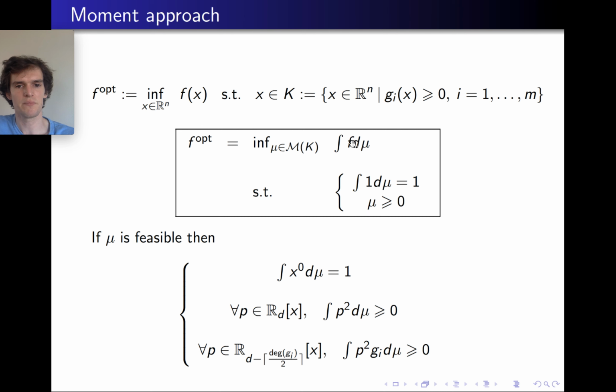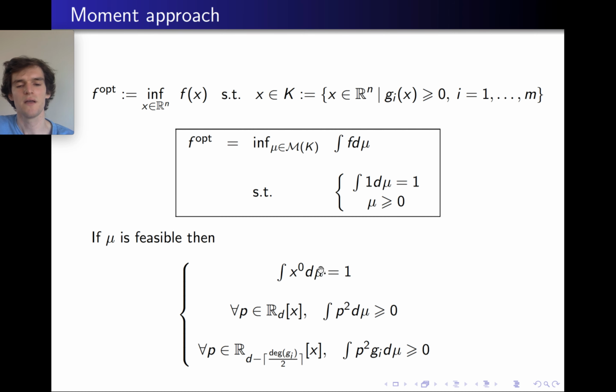It has the same optimal value, so you're just reformulating the problem over measures over this infinite dimensional space. And we're going to really systematically construct it. We're going to basically do convexification using measures. We're going to do it systematically. So if mu is feasible for this problem, in other words, it has mass